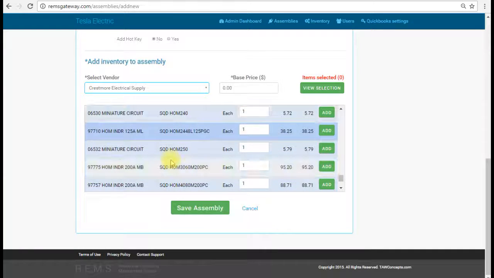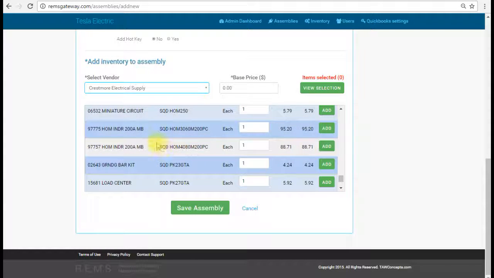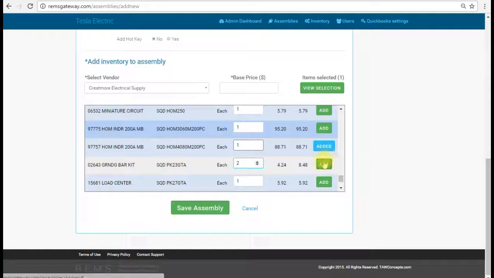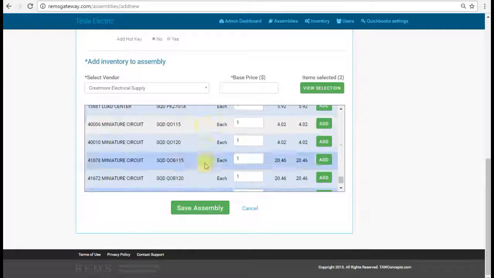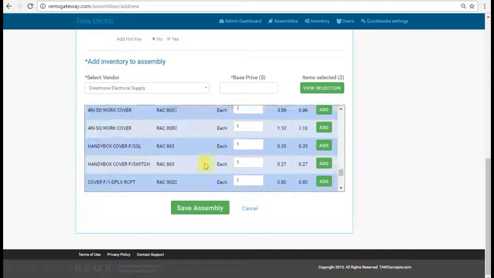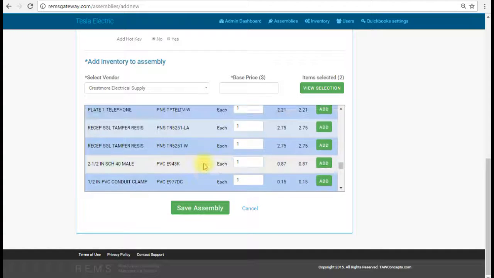And we'll pick our panel. Pick this one here. A couple ground bar kits we'll add to the panel. You can put several different options in here. In my service